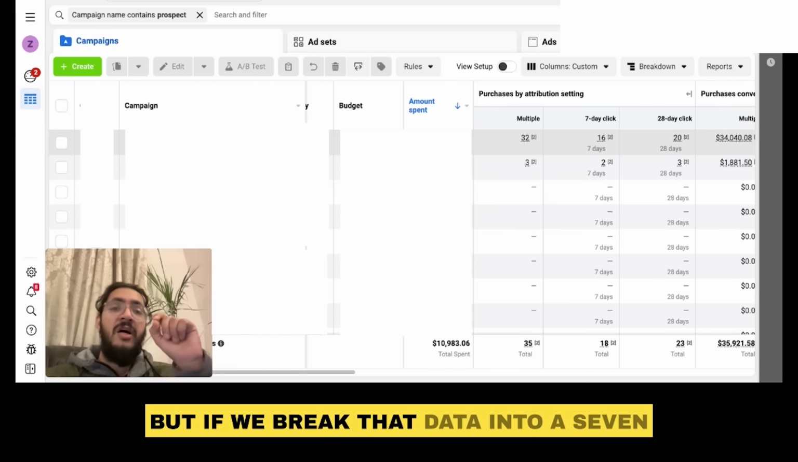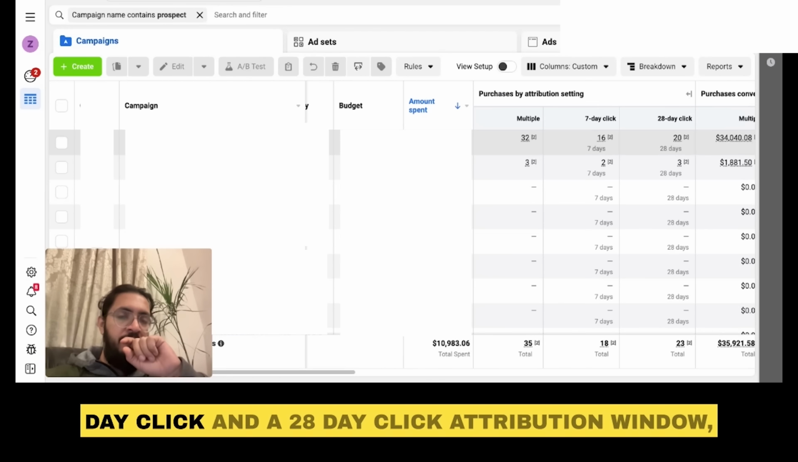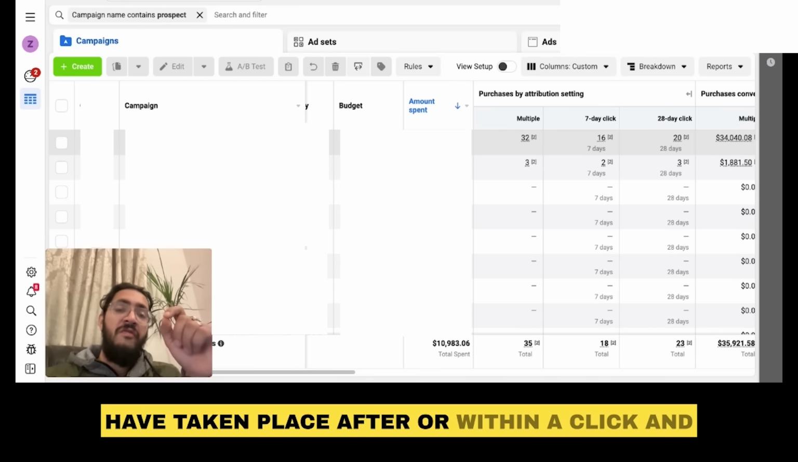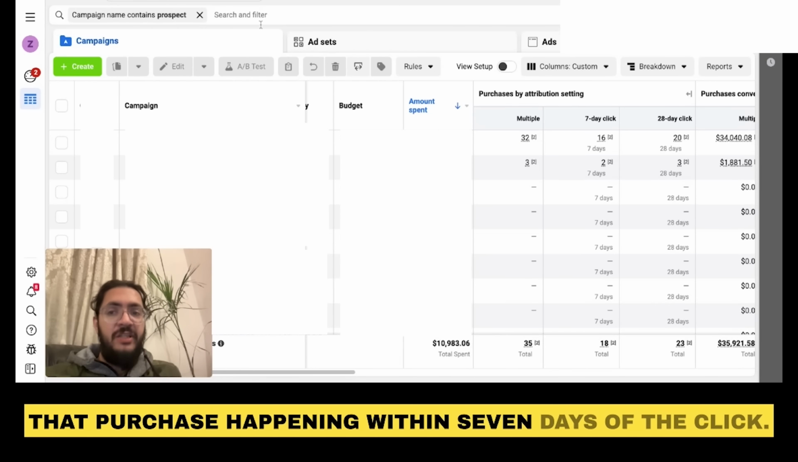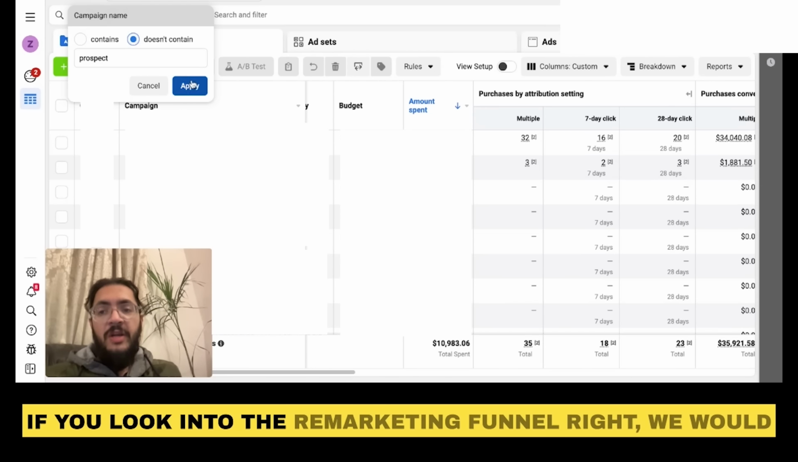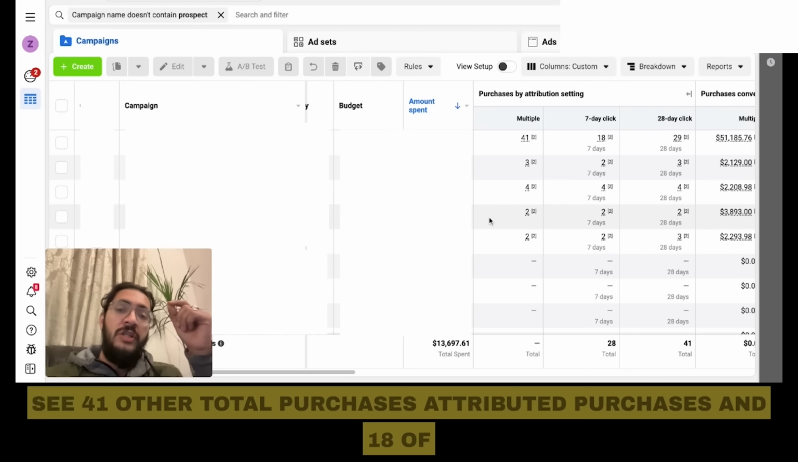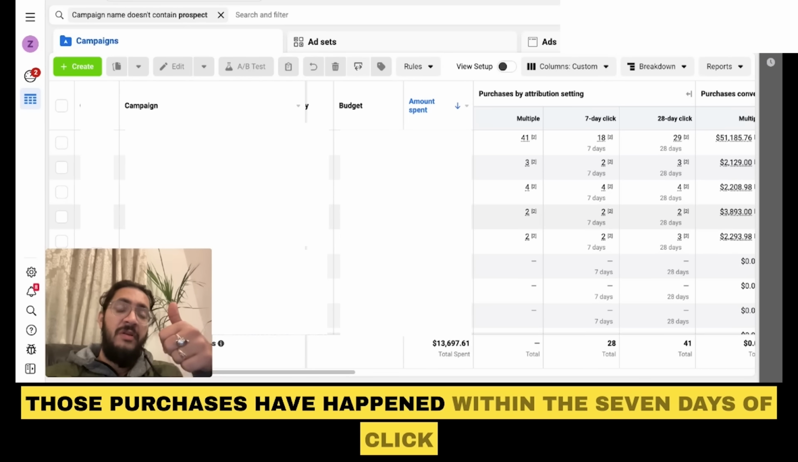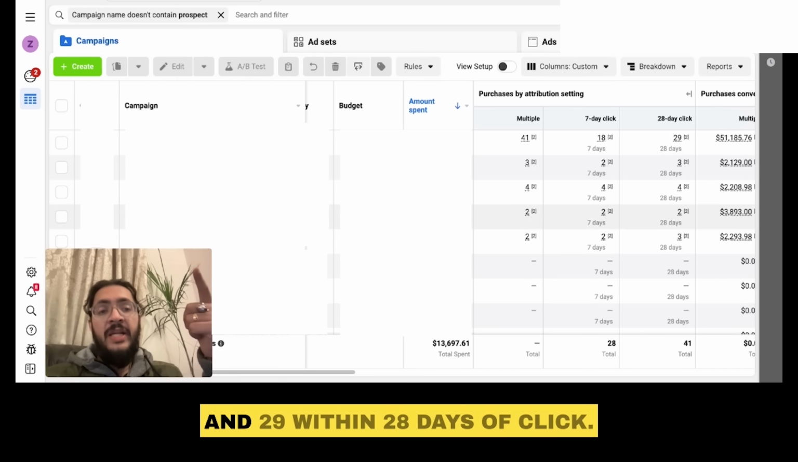But if we break the data into a 7-day click and a 28-day click attribution window, we would see close to 50% of the conversions have taken place within a click, and that purchase happening within 7 days of the click. If we look into the remarketing funnel, right, we would see 41 other total attributed purchases, and 18 of those purchases have happened within the 7 days of click, and 29 within 28 days of click. Now,